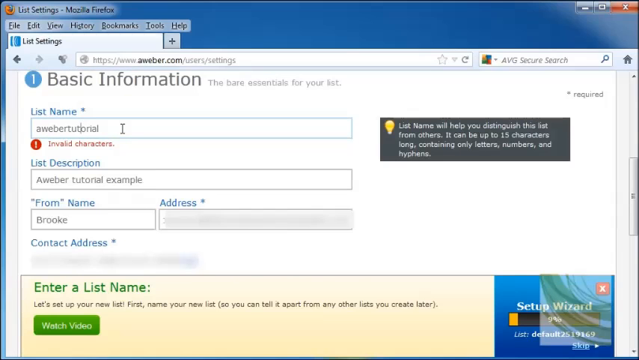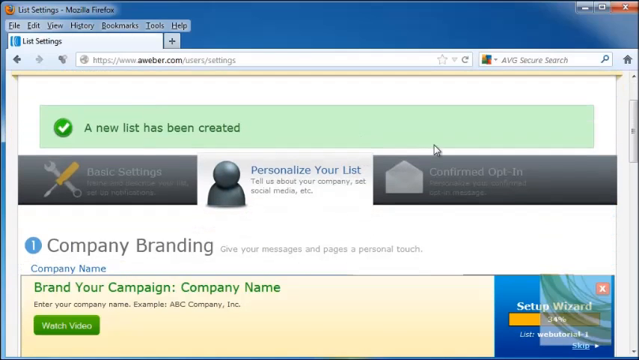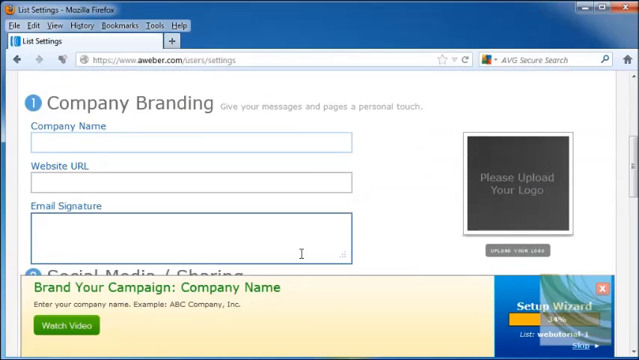Now up here, as you can see, I have an invalid character, and I'm going to make sure that it contains letters, plus my hyphen, plus a number. And now I should be able to go ahead and click Save Settings. And it's created my new list. Next, it's going to ask about company branding. And I'm just going to put in my company's name, my website URL,